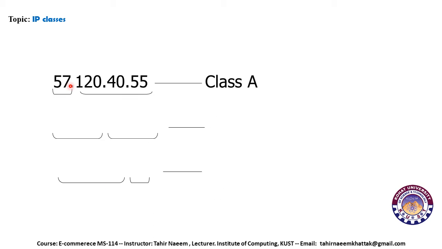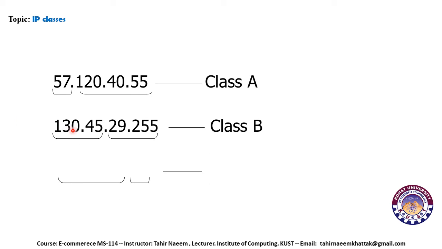So here I will further explain. This is an example: 57.220.40.55. As we can see, we classify this as a Class A address. Why? Because, as I have explained in the previous slide, the first byte falls between 0 and 127. Anything with the first byte between 0 and 127 is a Class A address. And as we explained earlier in the slides, in a Class A address one byte is the network address, while the 3 bytes are reserved for the host address or machine address.